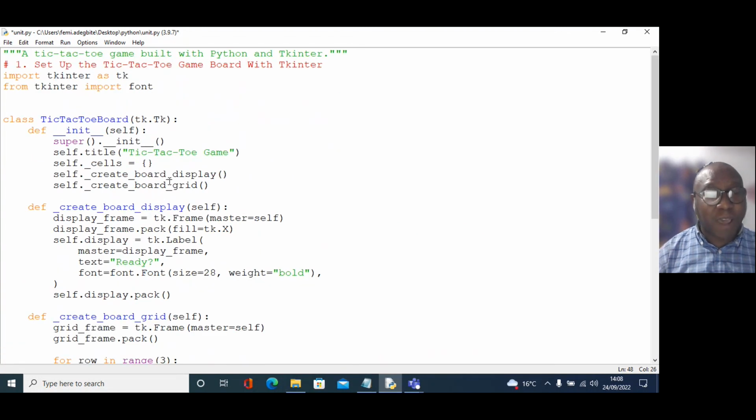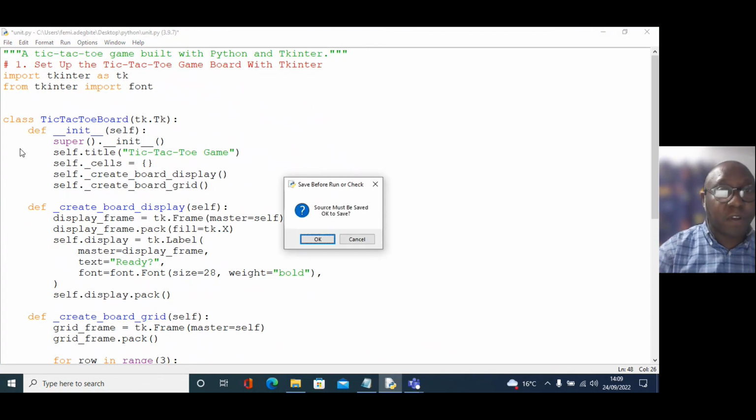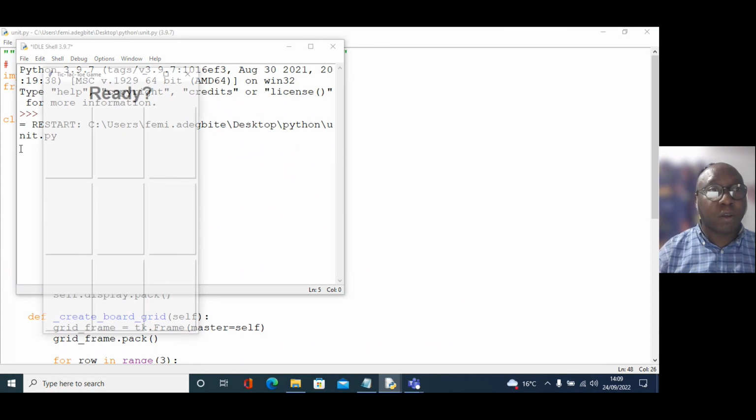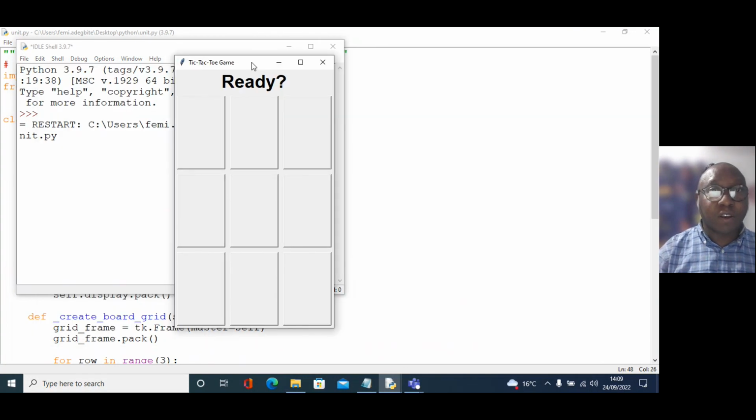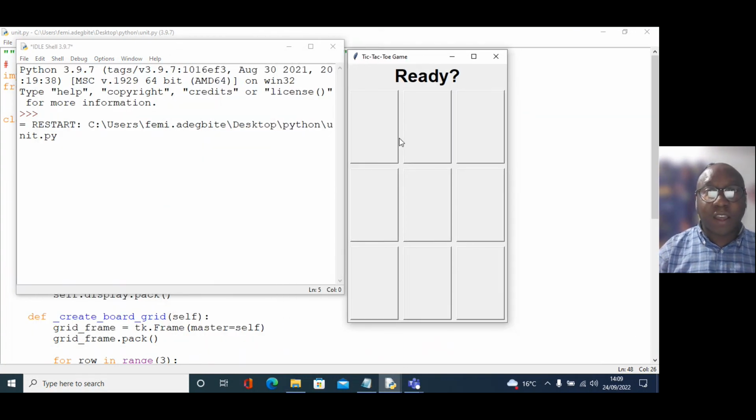So if I press my F5 now and run this code, you see the grid is now ready, as I said. So 3 columns, 1, 2, 3, and 3 rows, which has just been created. At this moment, what you are seeing is not a perfect game, but it's just to set up a game, to set up the grid and the board